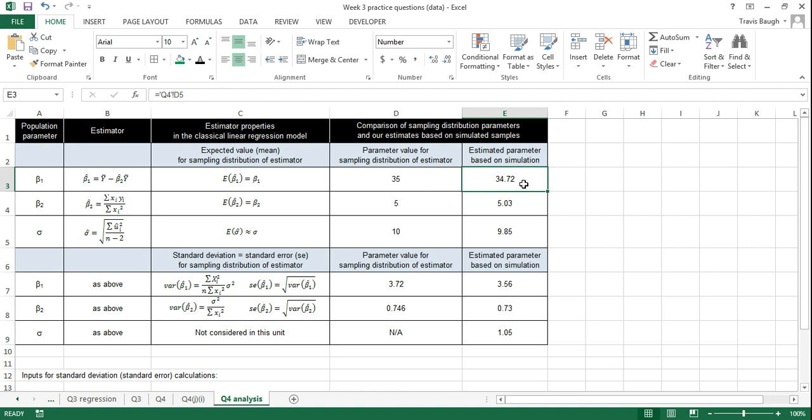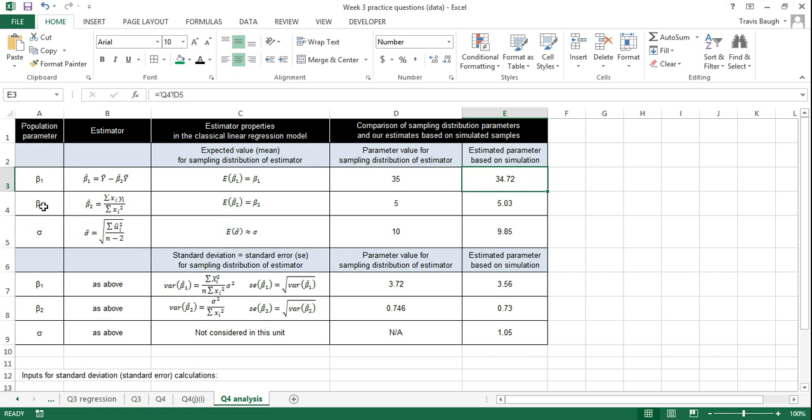We don't expect it to be exactly the same, because we only took 100 samples, but if we increase the number of samples, we'd expect that this value should get closer and closer to 35. So our estimate, the average or the mean estimate for B1 conforms with our